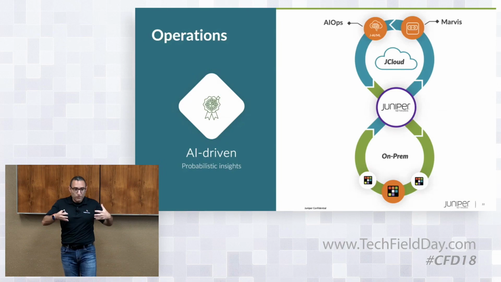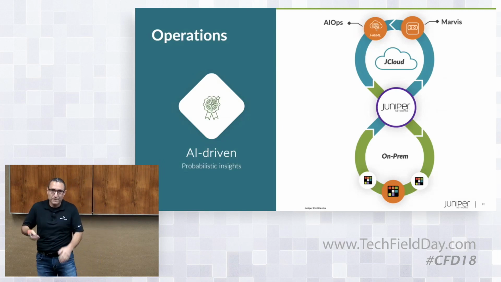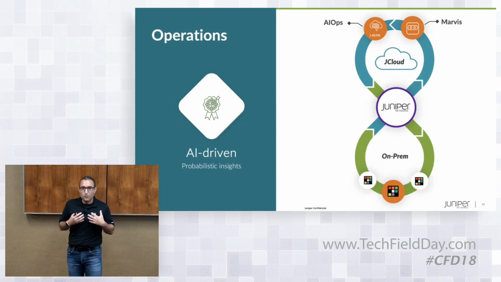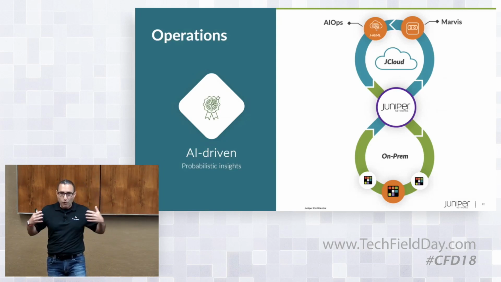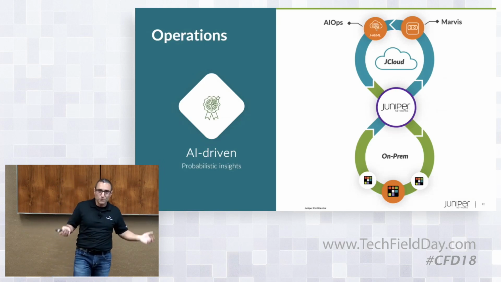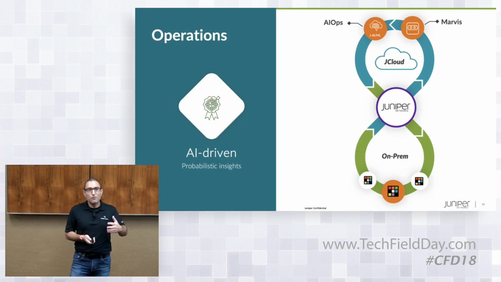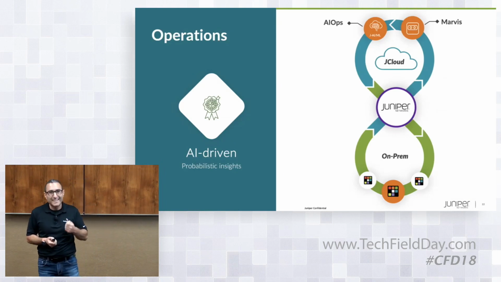But while we're running the network with this intent-based approach, we're collecting tons of telemetry, and this telemetry can be used. And so what we do is that we ship it to third-party platforms, but one of the platforms is one that Juniper has, which is Marvis. We have our own AIOps layer, which essentially is a conversational interface, but also a data lake. And there, by sending all of the traffic there and having the whole historical perspective, by applying AI, you can now deliver probabilistic insights.